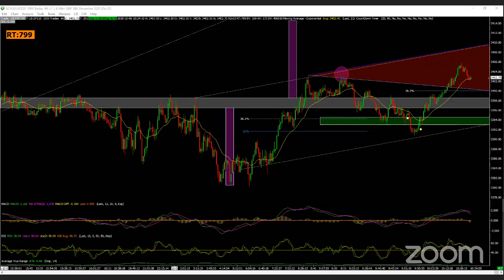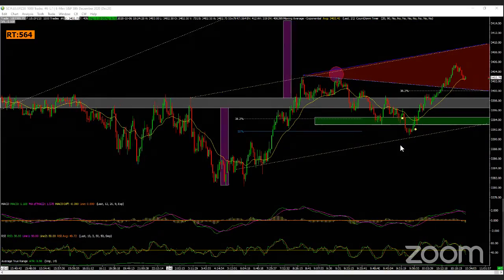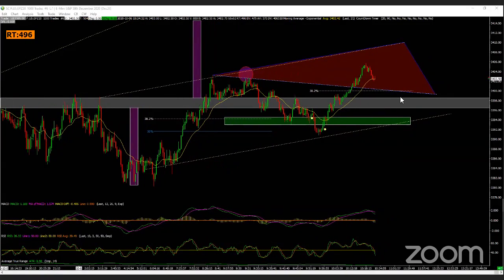Some are trigger happy, trying to get back in. They want to see the movement keep going up. We know better, right? We know better. There's a good chance she keeps on collapsing down all the way to here. So let's wait and see.